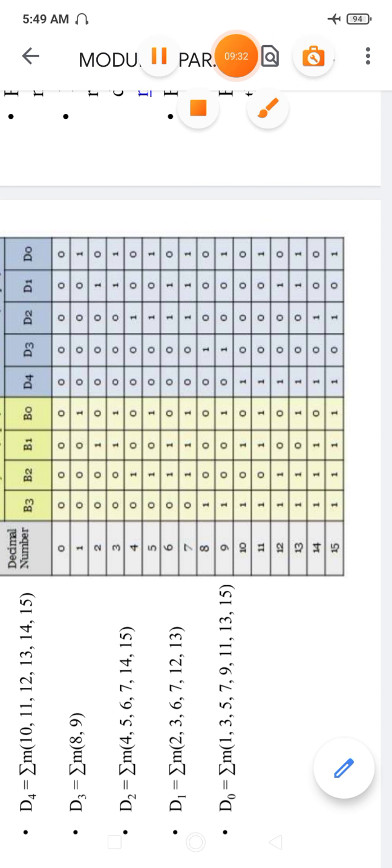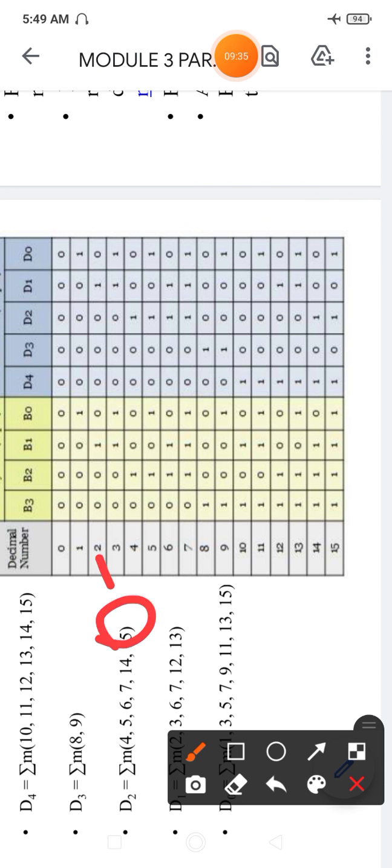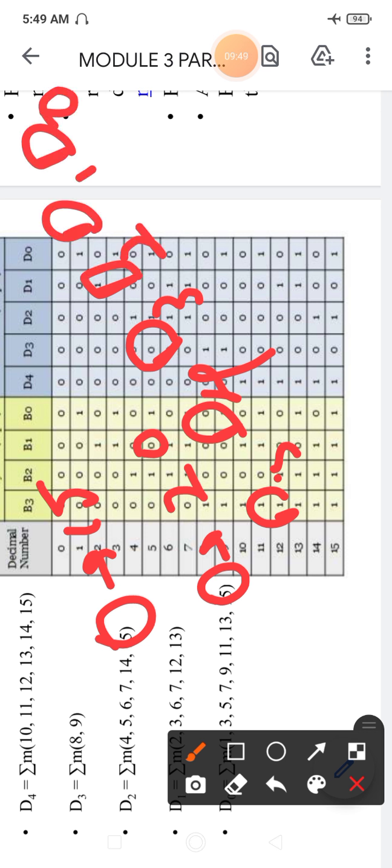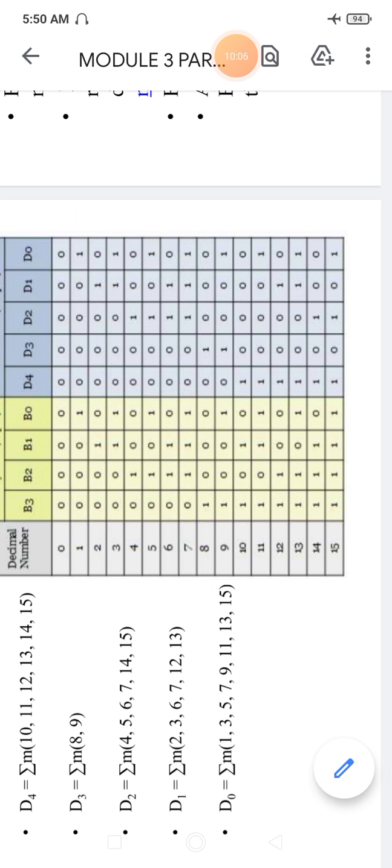ഈ ഒരു ട്രൂത്ത് ടേബിൾ we can represent from 0 to 15. So if you want to represent 0 to 20, we need to include D5 also, D5, D4, then D3, D2, D1, D0. So if you want to represent 40, we need to include one more thing, D6 പറഞ്ഞൊരു നമ്പറും കൂടി ഇങ്ങോട്ട് വേണ്ടി വരും. അത്രയേ ഉള്ളൂ. അതങ്ങനെ ചേഞ്ച് ചെയ്തുകൊണ്ട്.